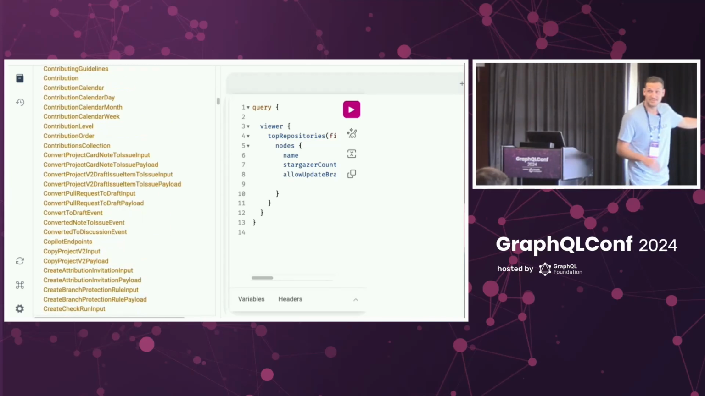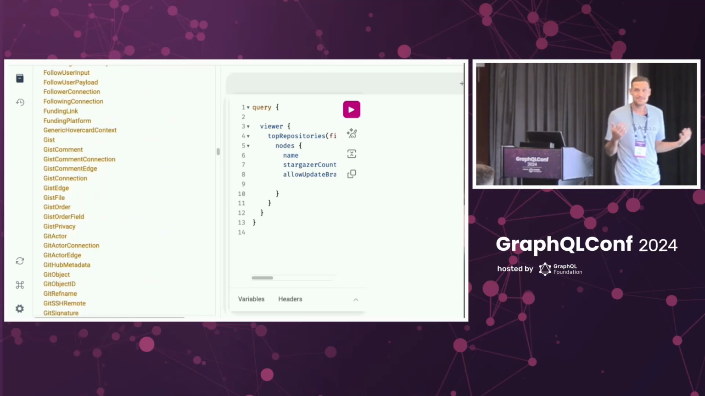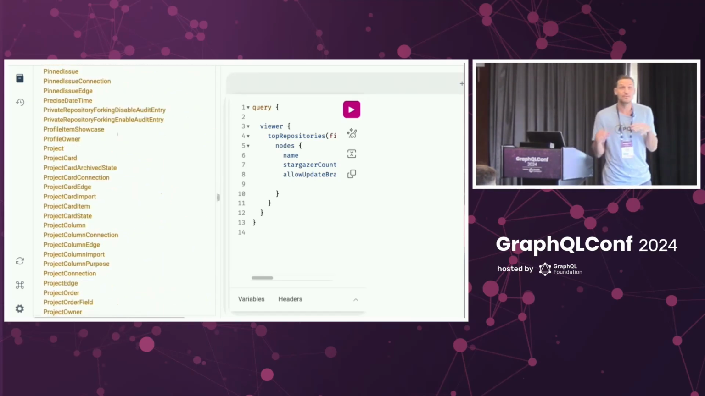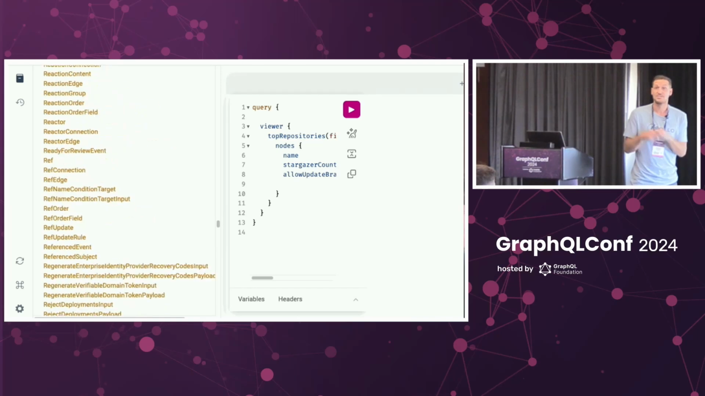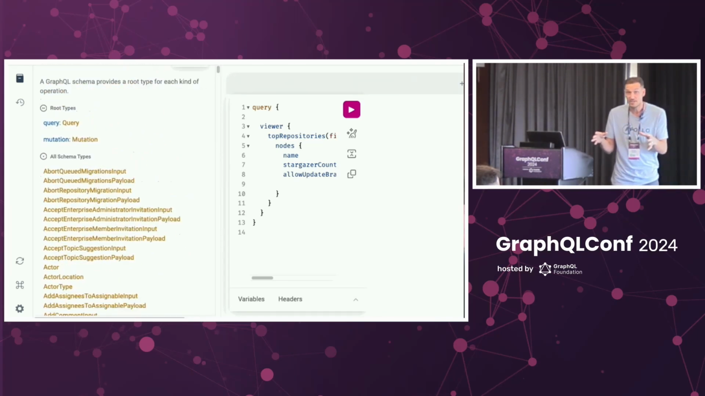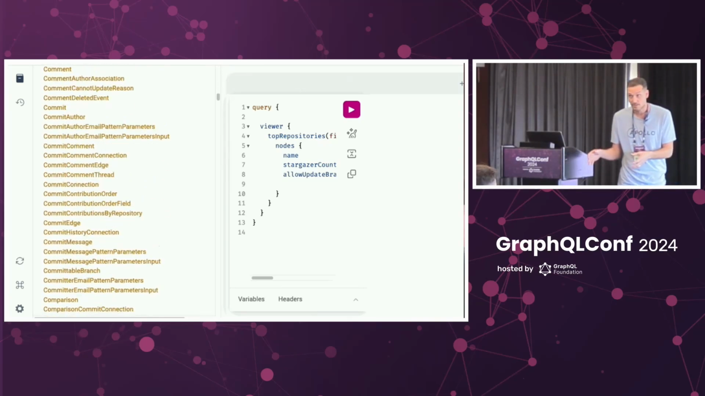Look how many types are in this graph. GitHub schema is so big. It's like 30,000 lines of code. In the context of AI, what we're talking about right now, it's over 300,000 context tokens. To give you a concept of what that means, ChatGPT 4.0, the pricing of it, 1 million tokens, $5, 300,000